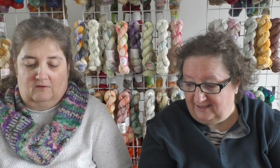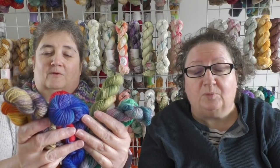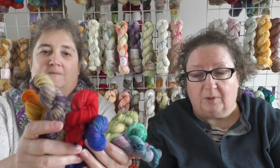Okay, so that was Snow White. And of course, you cannot not have the Seven Dwarfs. So we knew at the beginning when we first were arranging what we were doing, we wanted to do something with minis because minis are so popular right now. So we thought, what better to do with minis than the Seven Dwarfs? So we have, are you ready? So you have Snow White